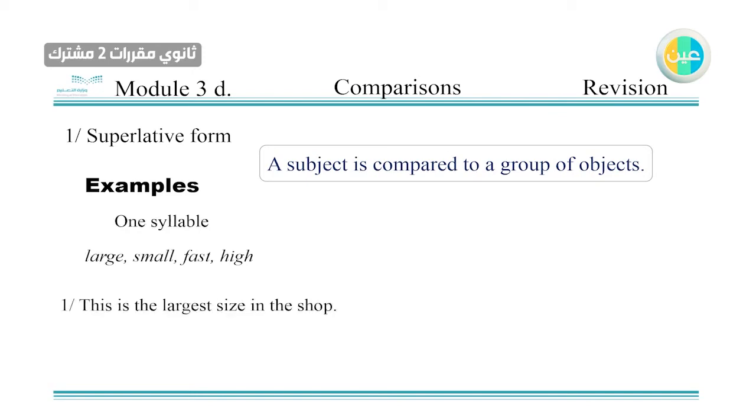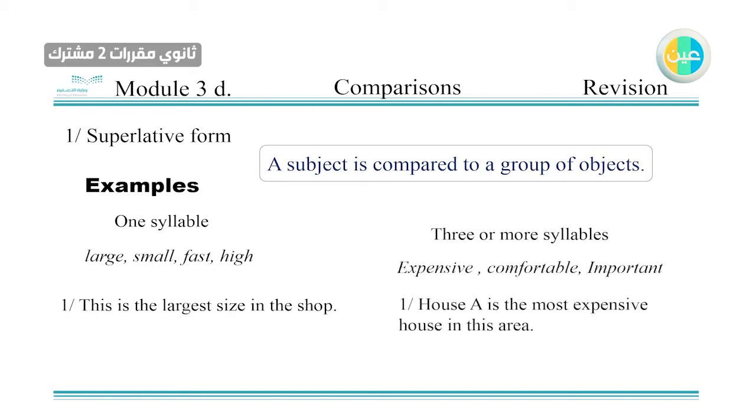size in the shop. If it's for example 3 or more, you're going to say house A is the most expensive house in the area. I'm going to leave this for a while. You add the est and you have the